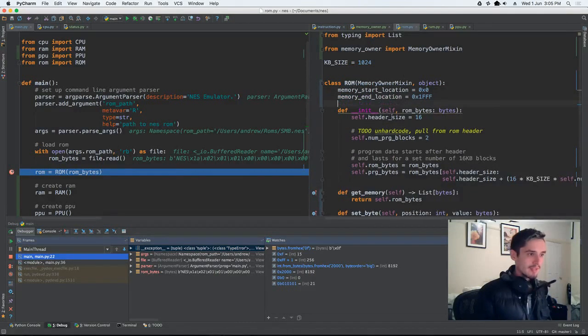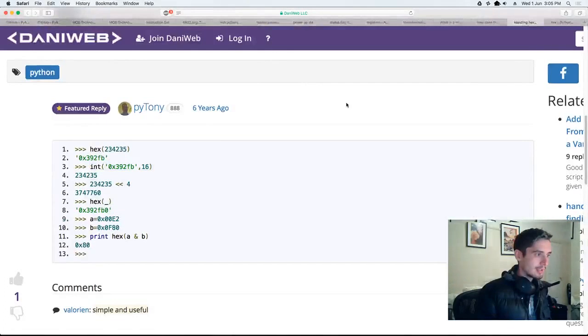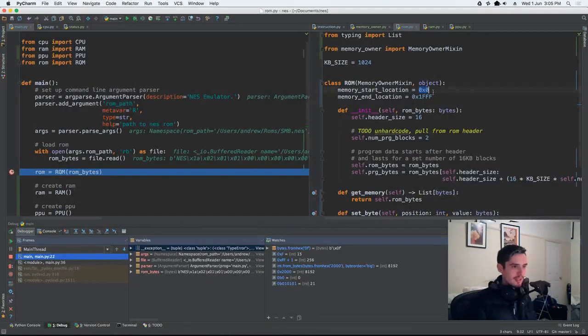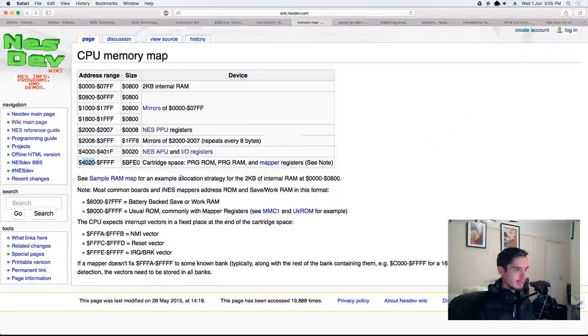Where does the ROM start and end? That is a great question. And we will need to come back to our memory map. And we'll say the ROM starts here. And the ROM ends here. So this is cartridge space, PRG ROM, PRG RAM, and the mapper registers. At the moment, we're going to assign all of that to the ROM. But potentially we might need to separate that up later into some of the handles if the cartridge has got RAM, which I don't think this, well maybe it does, and mapper registers. Not that I know what mapper registers are, but